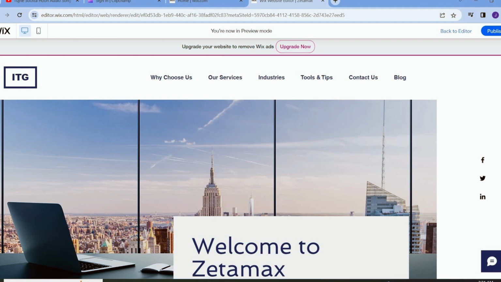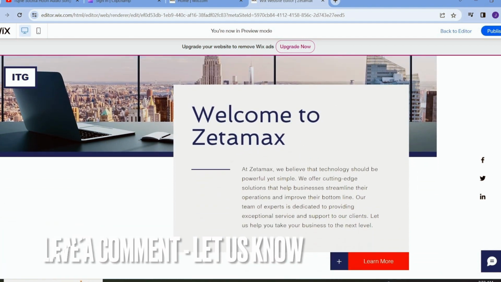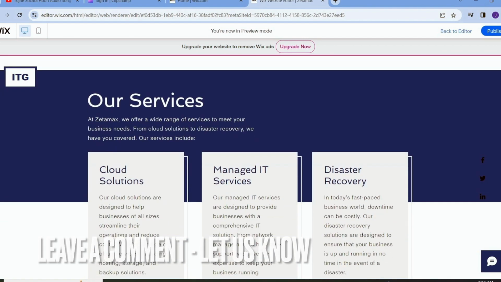In the same way, you can also see a preview when you make changes and do a little bit of editing in your website. You must check it in your preview, and then you will get a better idea for making good changes in your website. So this is how to see